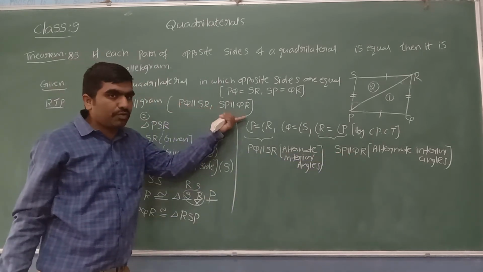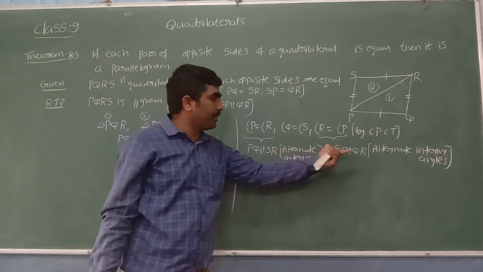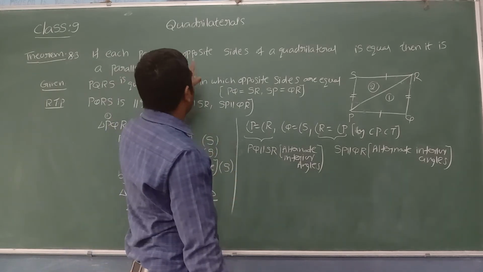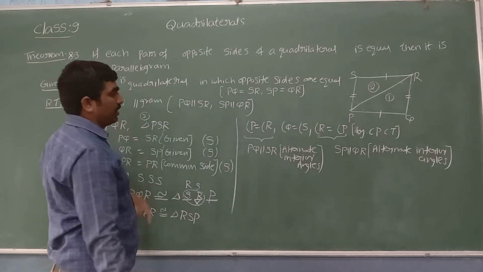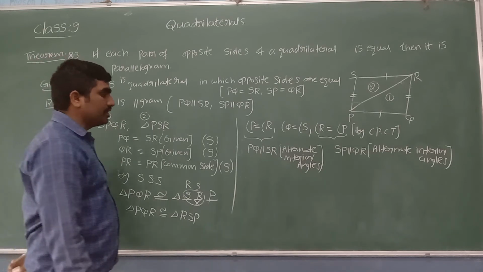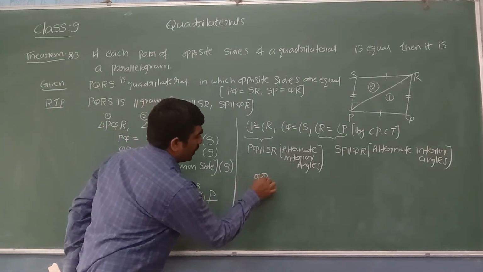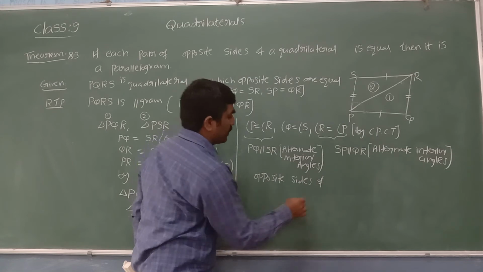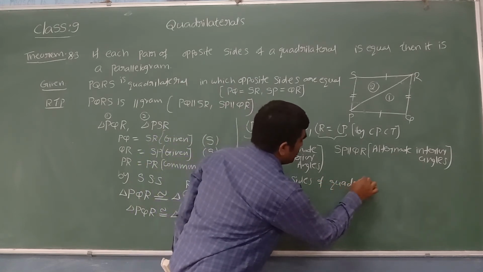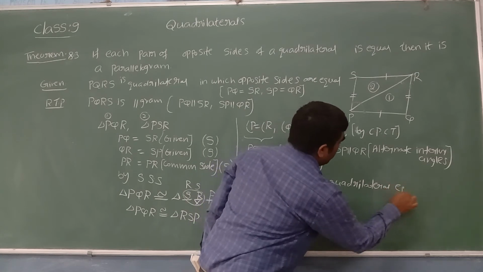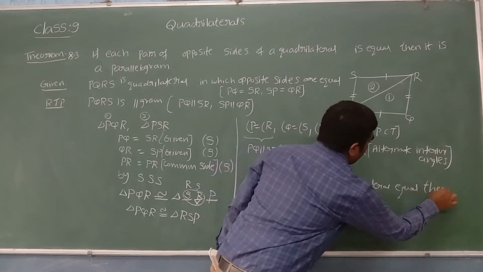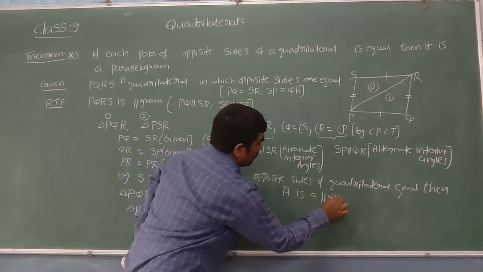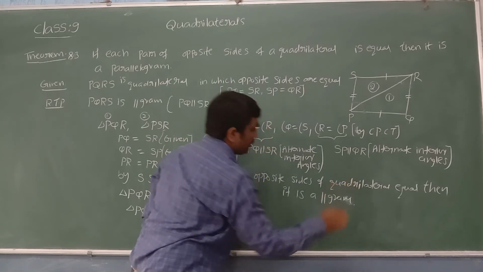I wanted to prove the same thing, and I proved that two pairs of opposite sides are parallel. Now what can we conclude? When both pairs of opposite sides are parallel, it is a parallelogram. Therefore, the quadrilateral, whose opposite sides are parallel, is a parallelogram. Hope it is clear.